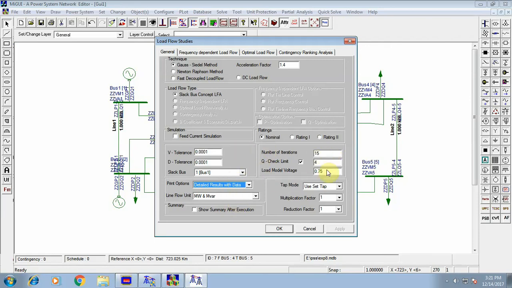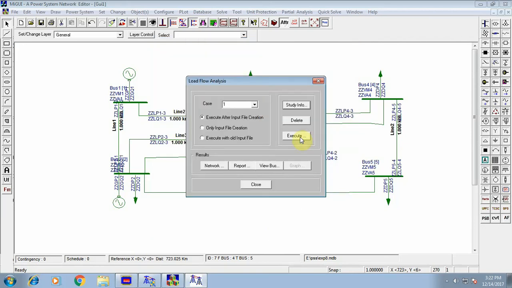Then we need to set okay, then after that click OK here, then click execute, then click the report to view the report, standard report.